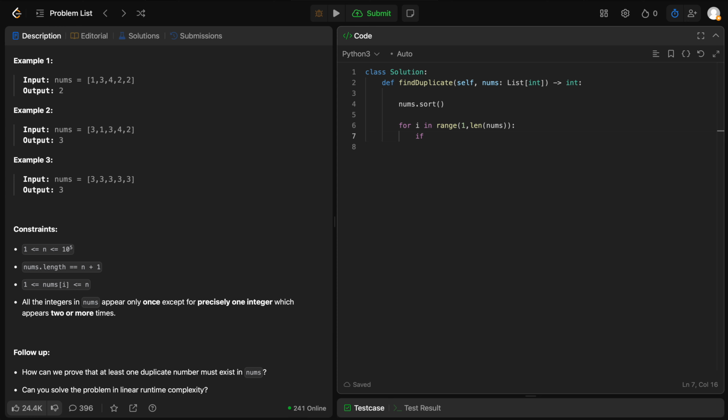If nums of i is equal to nums of i minus 1,